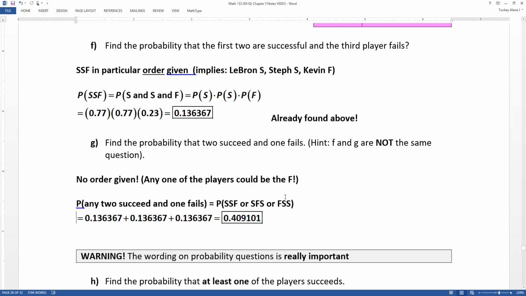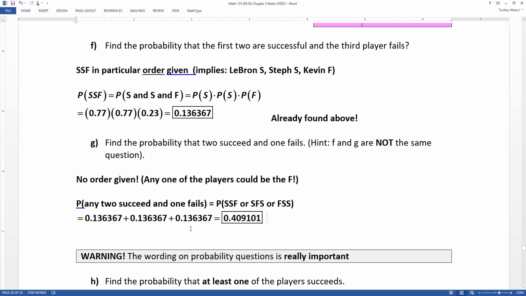So it could be SSF, Kevin fails, or SFS, Steph fails, or FSS, LeBron fails. We already know the probabilities for each of those because it's up above. So it's 0.13637 plus, because this is an OR problem. OR implies the addition rule. So I'm going to add these probabilities and I get